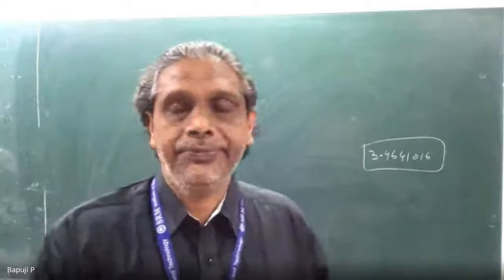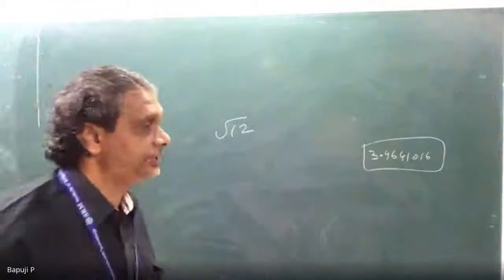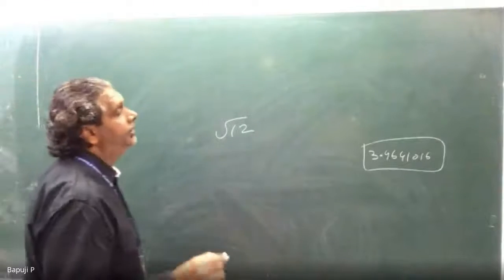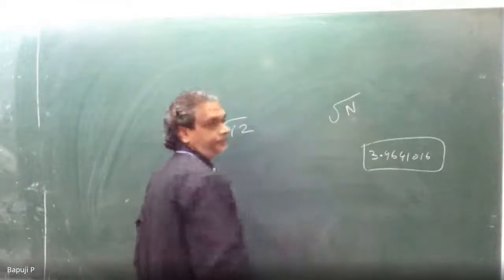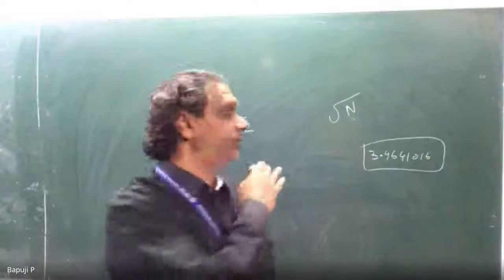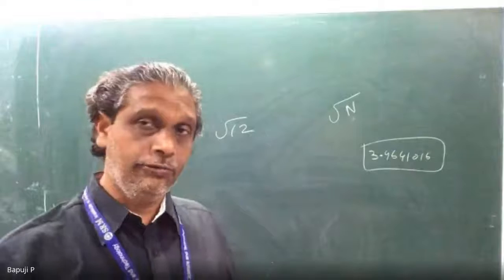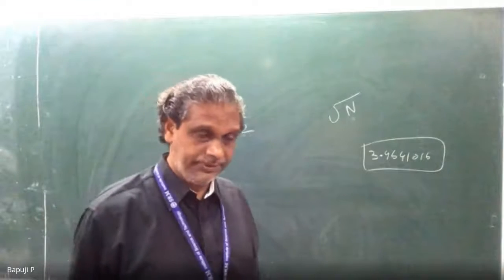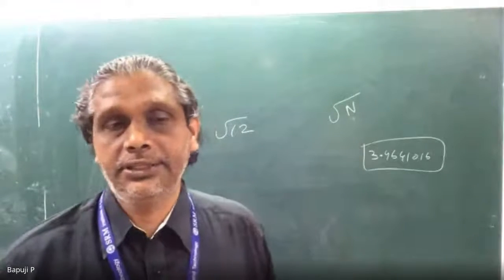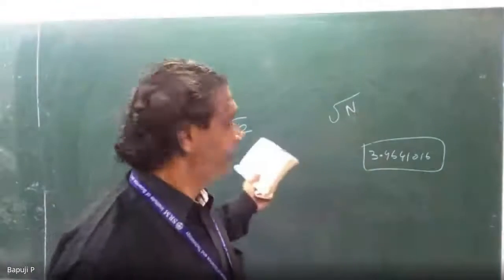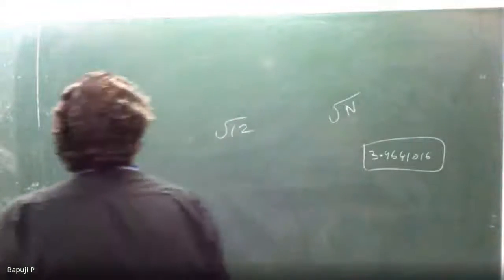Now I will start. Root 12 value is being asked. Now how will we start? Like x is equal to root 12. And in examination they will generally ask root n. They will ask the general formula. That I will do. First I will do root 12. Then hence deduce root 12 or root 15 or root 24, whatever may be. They will ask initially, evaluate root n, actually. Getting or not? So after this they will come for this value. From this you can find this. Okay. Now root 12, how will you start, actually? Tell me.